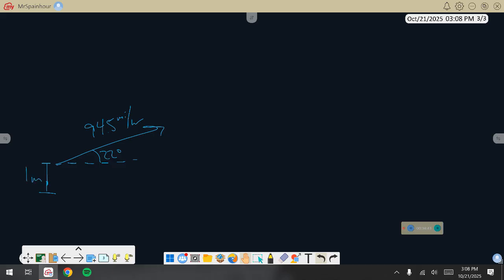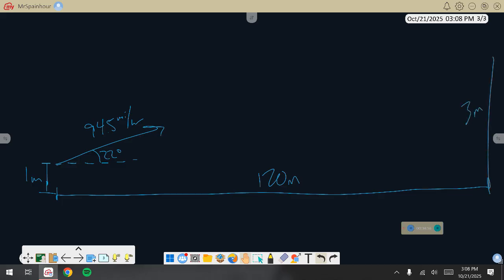Now the ball, this is certainly not to scale, has to travel 120 meters. And the wall, absolutely not to scale, we're going to say it's 3 meters tall. Now, it's not 3 meters tall. Busch Stadium probably is like 2.2. We're just going to keep the numbers nice and clean for you for right now. Now, if I want to set this up,